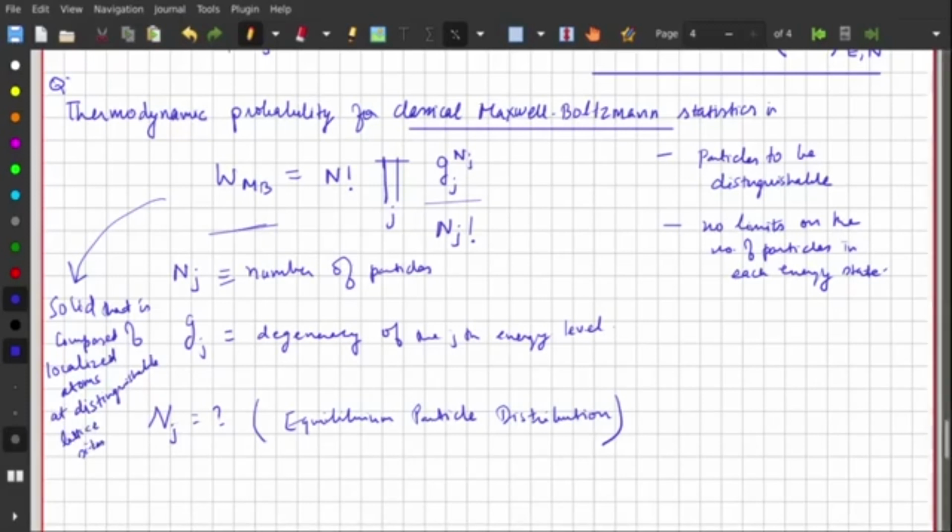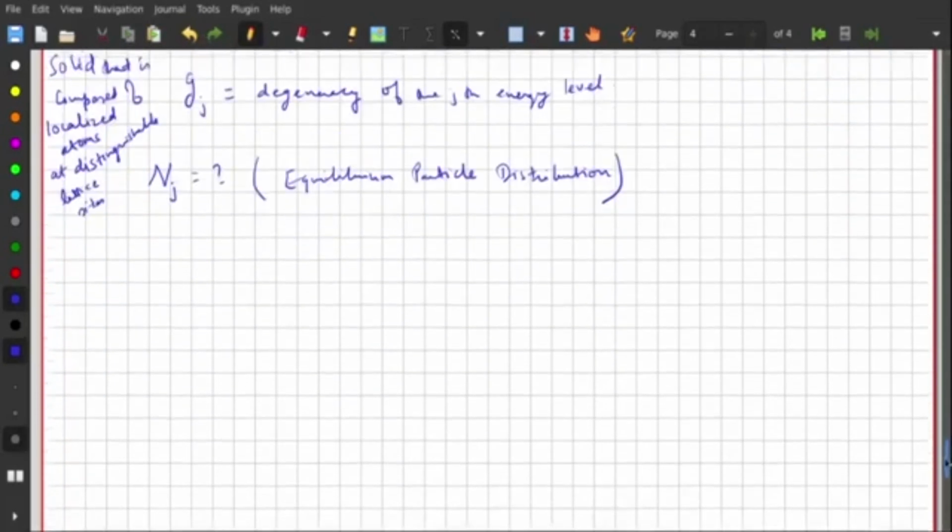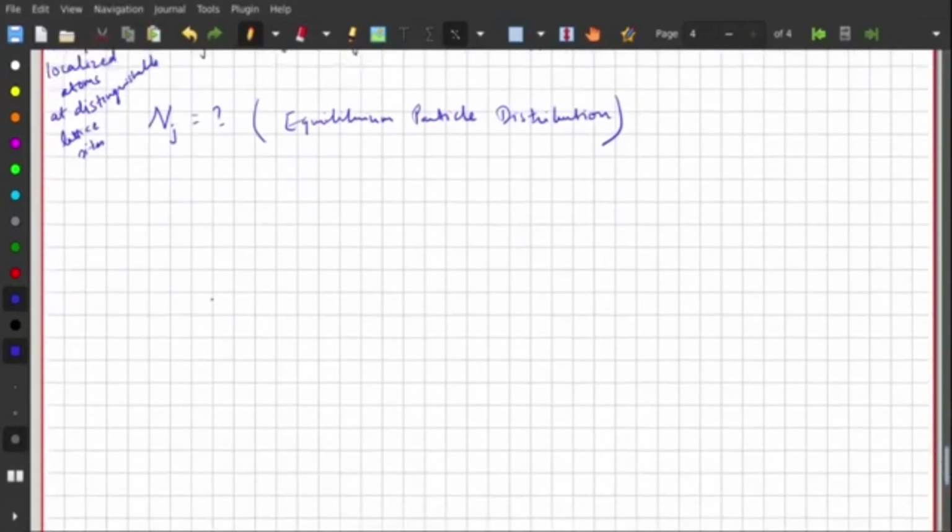So that's a practical example of where the statistics could be handy. Okay, so let's try to find out this equilibrium particle distribution for the classical Boltzmann statistics. Okay, so given that the thermodynamic probability for the Maxwell-Boltzmann statistics, the classical version of it, is n factorial, the product